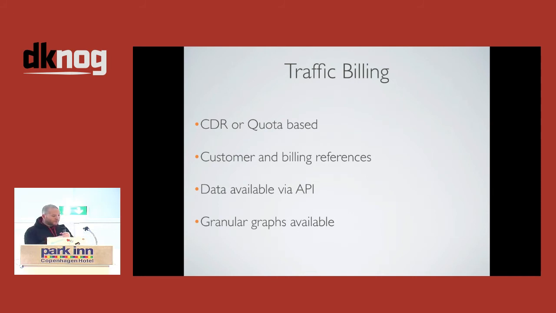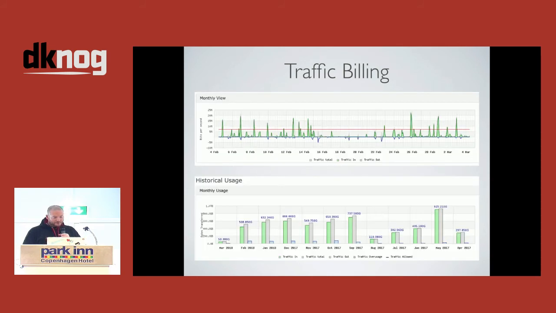The reason it's a bit separate is because with RRDtool, over time you lose a lot of the data. It consolidates itself down over 24 hours, and then a week, and then a month, etc. So you lose the granular data that you can see in the billing. These are just some screenshots from that area, so you can see more precise graphs. You can see actually what's gone on with that particular customer at that particular point in time. So you can, again, integrate this into your billing systems using the API. You can actually get the raw data out as well. So if you want to generate graphs somewhere else in some other funky style, then you can get the raw JSON data that we save in the database and expose that wherever you need to.